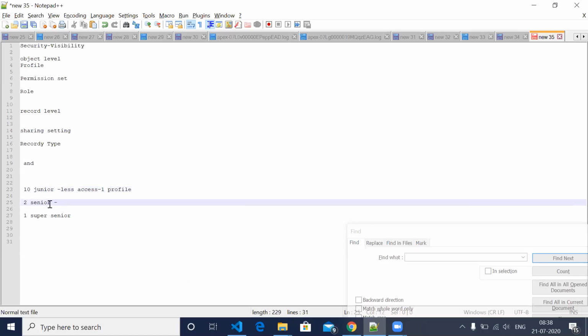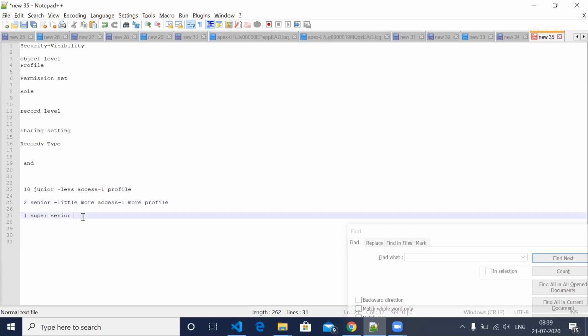And the senior people should have a little more access than these junior people, so you created one more profile. And the super senior will have more access than these people, so you have created one more profile.